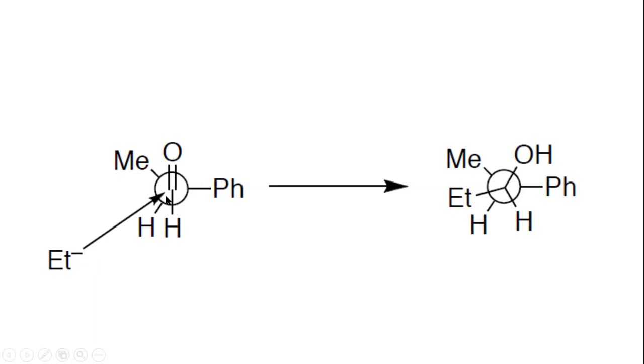Now it approaches from the side of this hydrogen present on the rear carbon. The nucleophile should approach from the smallest group on the rear carbon, so it would approach like this from the left hand side. These two substituents would move a little towards the right like this. So OH will come a little towards phenyl, this H also will come a little towards phenyl, and ethyl would come and get its position here. Now we convert this into the acyclic form.